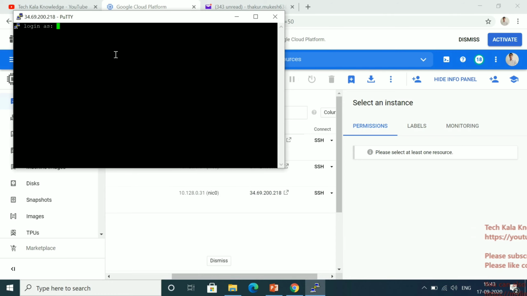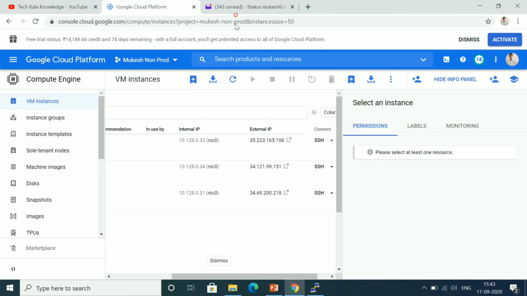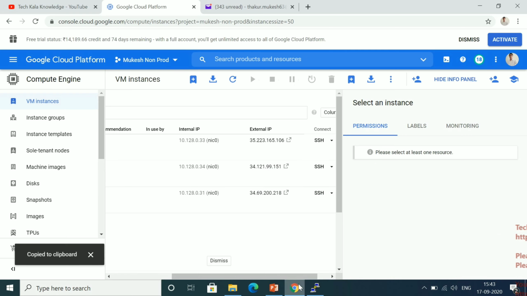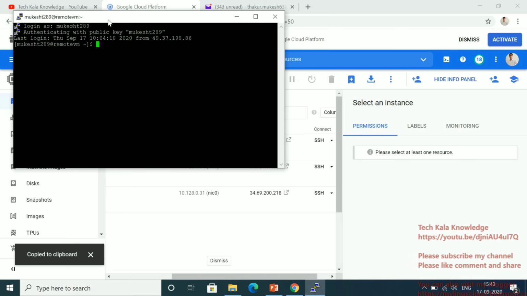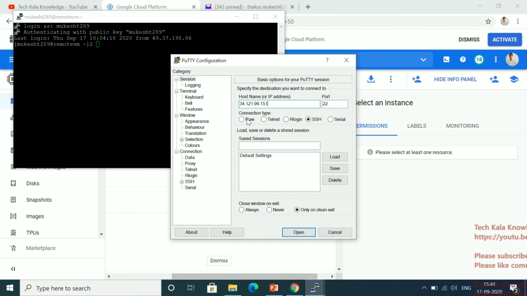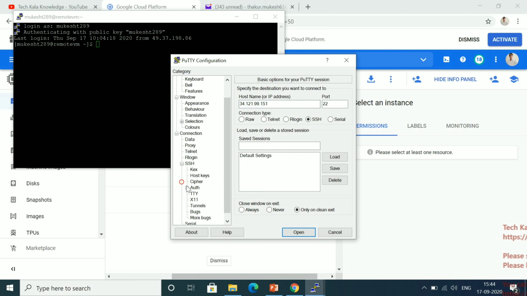Let me log into this server first. Yes, I logged into this server. Now let me log into the client machine. I can say this is very easy to set up an Ansible lab.